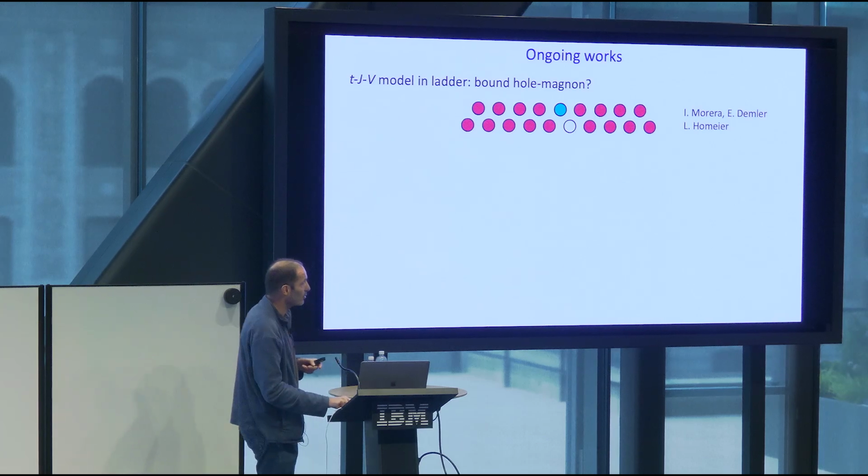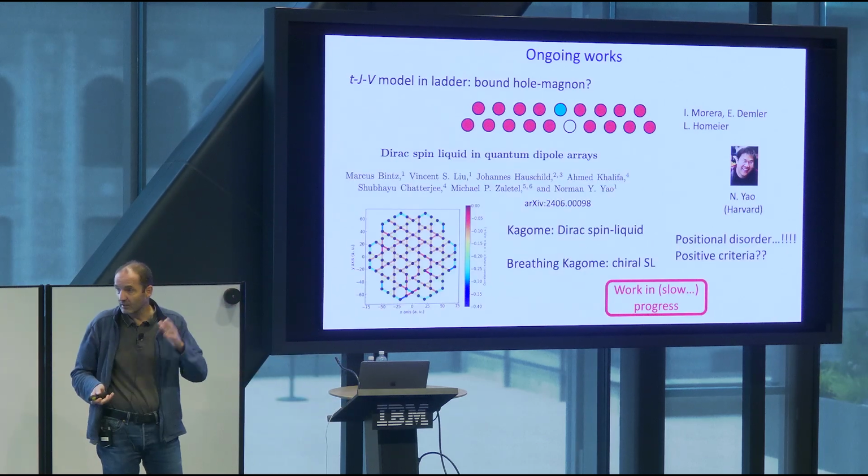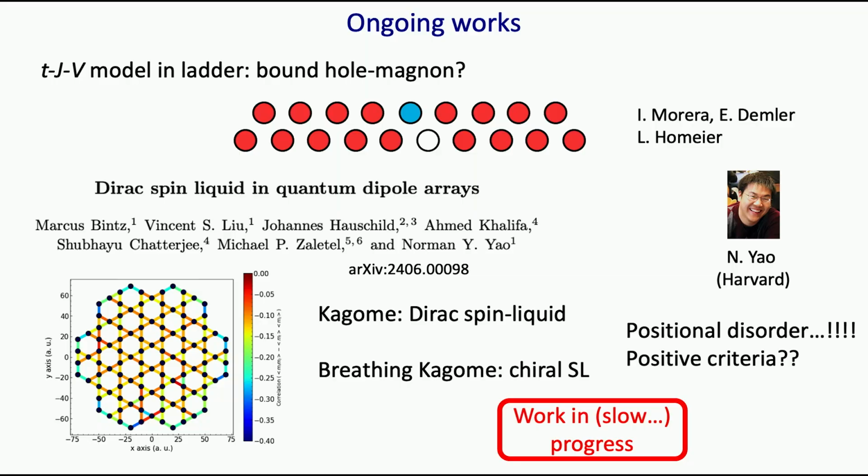And because spin liquids were mentioned earlier this week, that's also something that we are writing up. We've been working for nearly 3 years now with Norman Yao towards the observation of a Dirac spin liquid in this system. Essentially, you have this XY interaction on a Kagome lattice. It should be a Dirac spin liquid. The problem is that the experiment is hard, first. And second, it's not only that we are bad experimentalists, it's also that we need better theory criteria, positive criteria, to decide what is a spin liquid. None of the ones proposed so far can be easily measured in the lab for this U(1) spin liquid. OK, and with that, I would like to thank you for your attention.